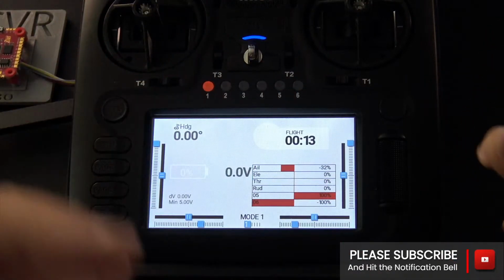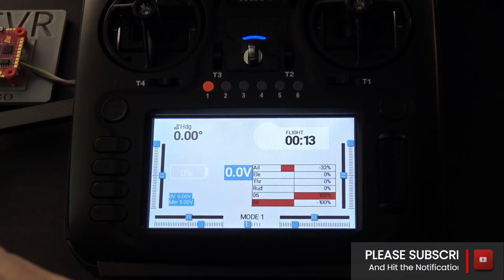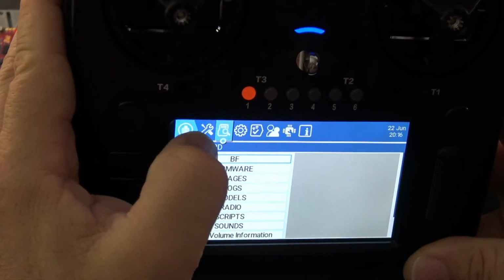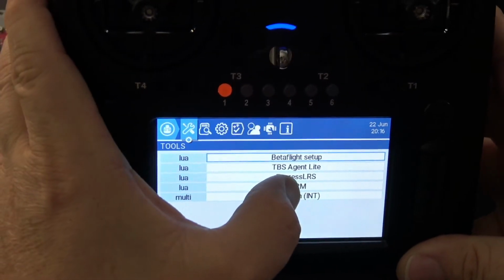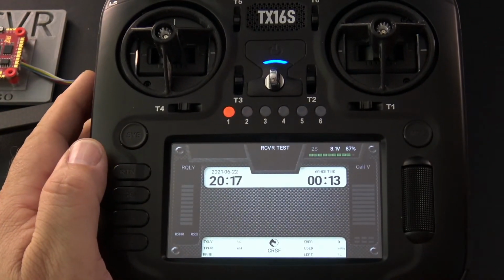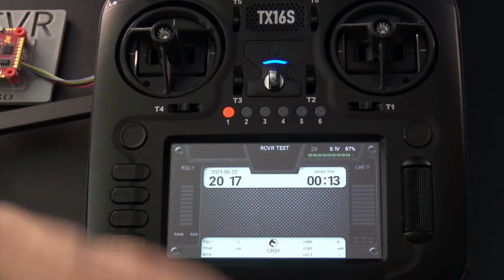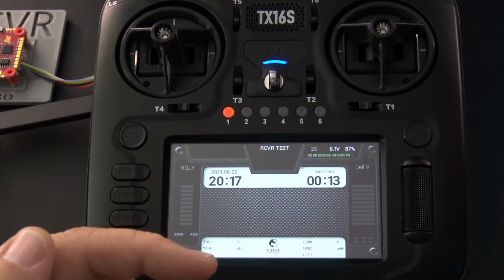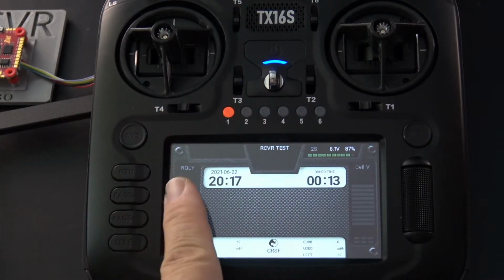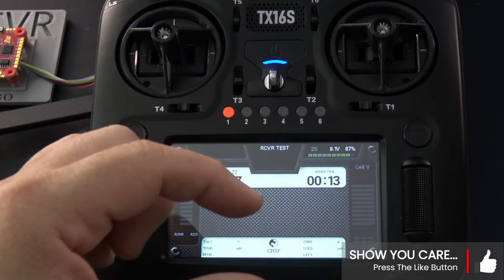So think about things like Lua scripts, Express LRS, TBS stuff, the iNav Lua, even the one that I had when we started this. And by the way, there's a link to this too. This one is called Fly Me to the Moon, there's a link in the description, and there will be an opportunity to download this in the future. It's not ready yet. This is a Lua script, but it'll be just like the iNav script where it'll be scrollable. You'll be able to set this as a primary interface. I'll give you more information about that in just a little bit.